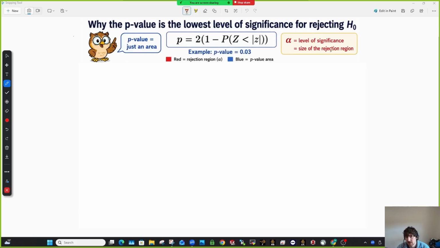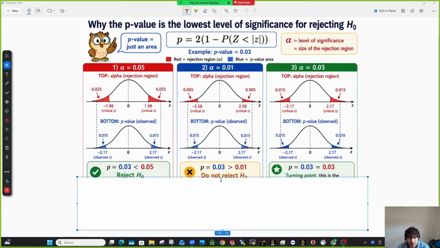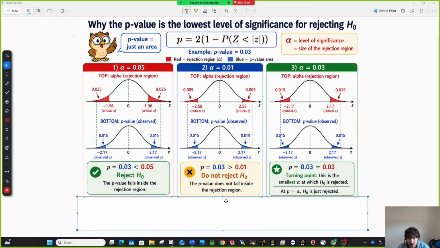And alpha is our level of significance. It's like the size of the rejection region, okay? And alpha itself is its own area, as we know, 5%, 0.05. So for all our Leaving Cert questions, alpha is always set at 5%. That's from our 95% confidence intervals. So as we scroll down here, I have a few scenarios so you can understand what I've been saying about